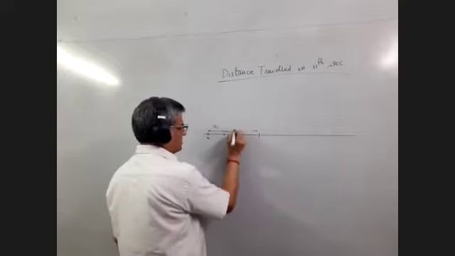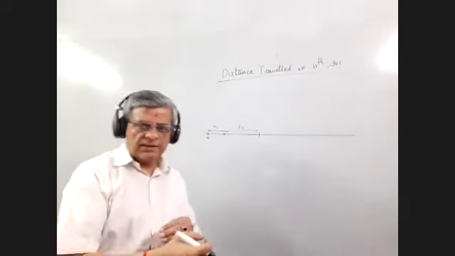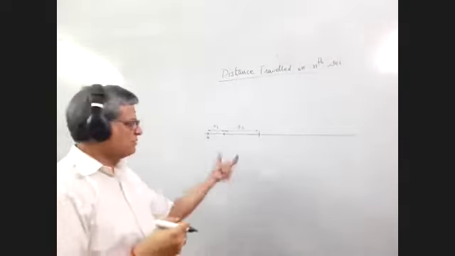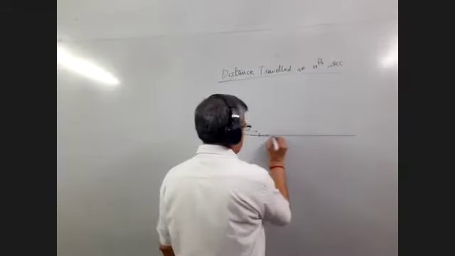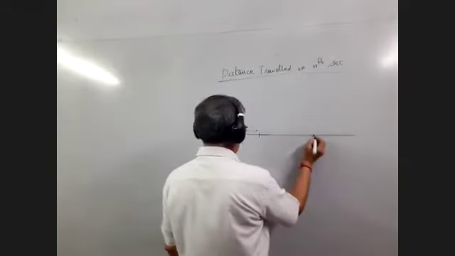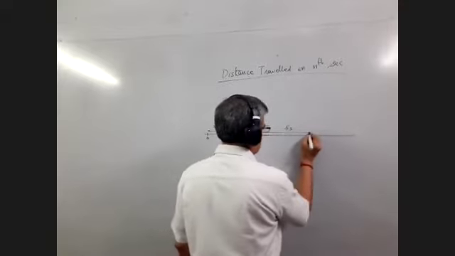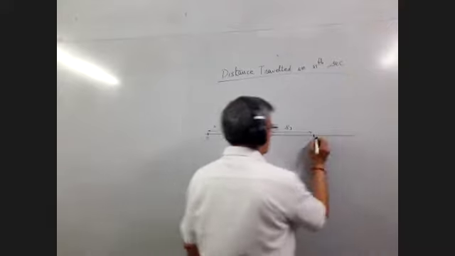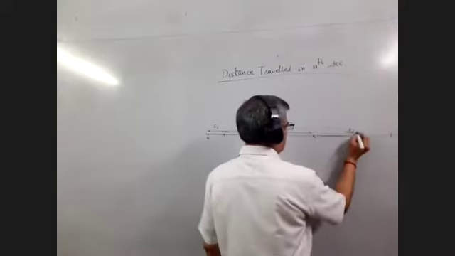So this is the distance covered in the second second. दूसरे सेकंड के अंदर कितना डिस्टेंस कवर हुआ, यहाँ से यहाँ तक कवर हुआ. In the third second, the distance covered is this much. So it is further increased. Distance covered in the third second. So it will keep on increasing as we go further. S4.